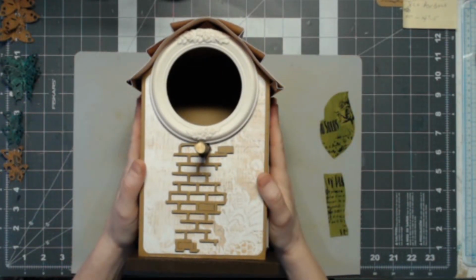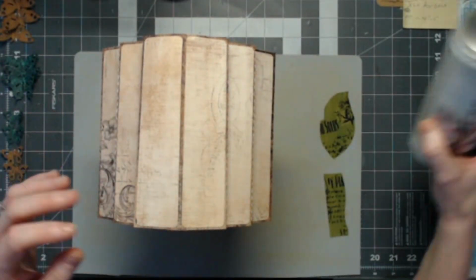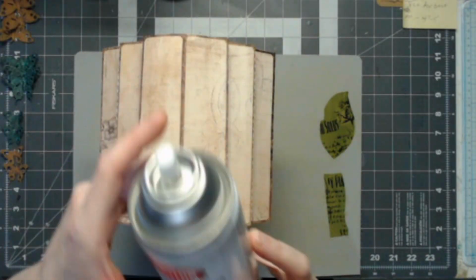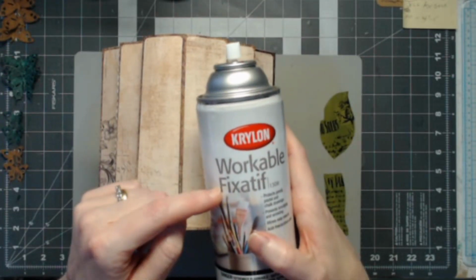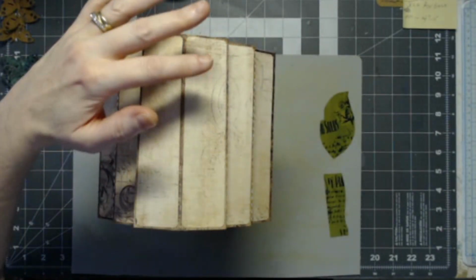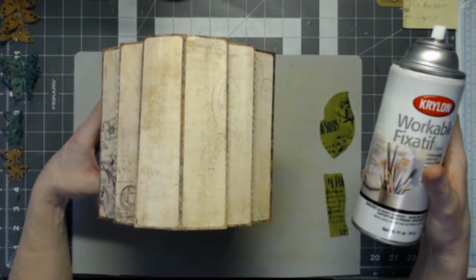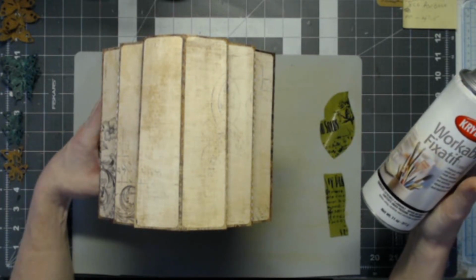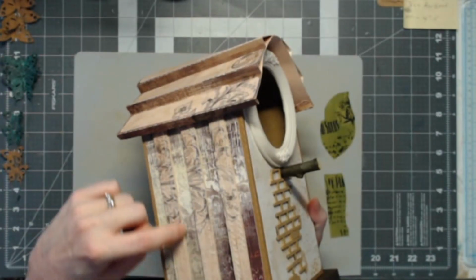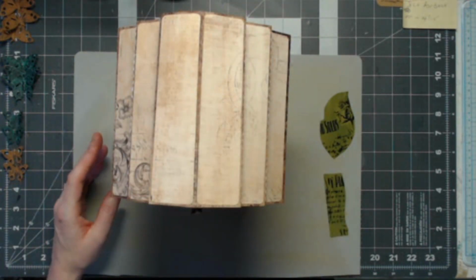My pieces are all set here. And to sort of speed things up for me, I sprayed the whole house with this workable fixative. You don't have to use this. Clear gesso would work just as well, it would just take a little bit more time to dry. I liked the spray can version of a gesso. It's sort of like gesso, but not as thick, just because it has so many edges. Anyhow,